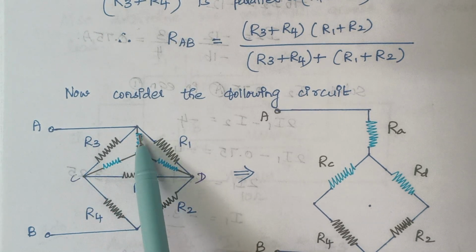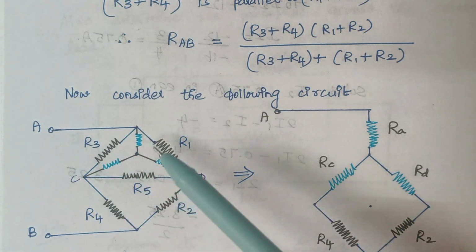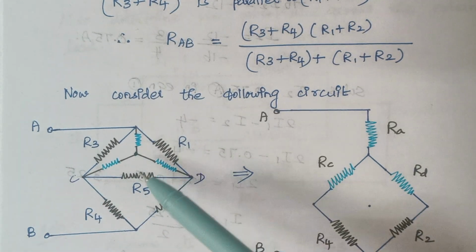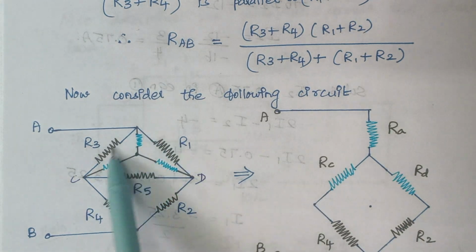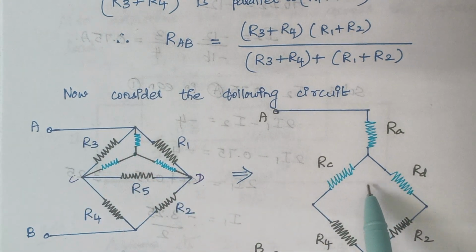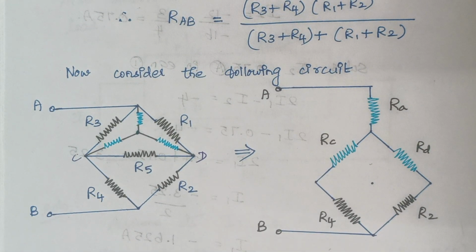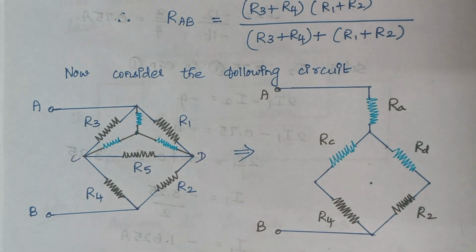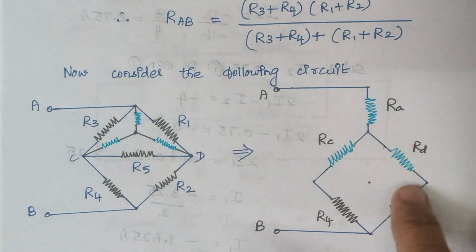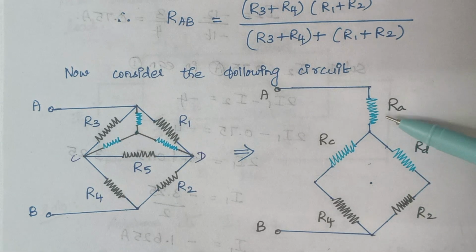Consider this part. This closed part is known as delta. Now we are going to convert this delta into star. Why are we converting this to star? Because this makes our calculation easier. Once this delta network gets modified as star, finding the equivalent resistance is easier. These two resistances are in series, these two are in series, and this combination and that combination are parallel to each other, and finally that combination is in series with this resistor